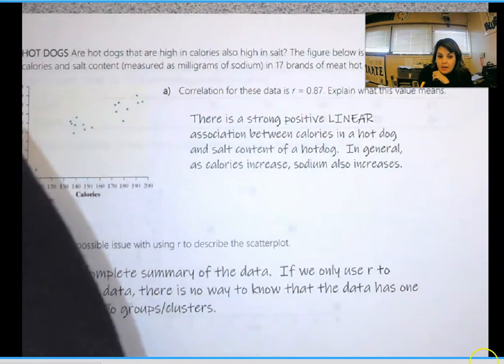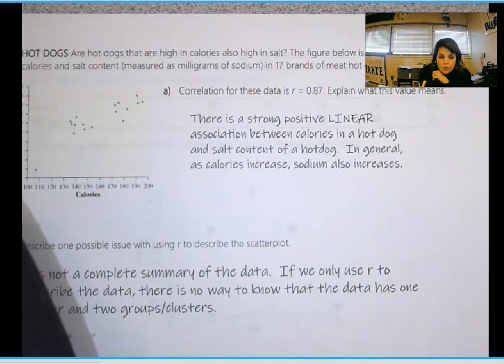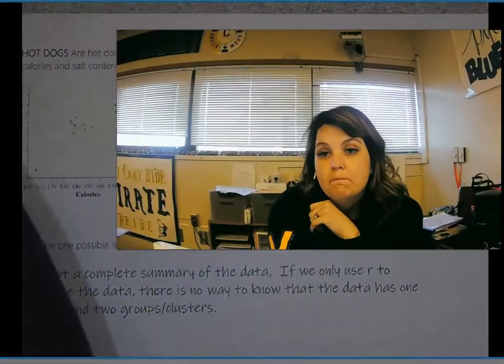So let me say that one more time. When we talk about scatter plots, we have two phrases to memorize that are almost exactly the same, and the only difference is the word linear. So what's the point of that? Why have two things that are so similar? And I wish I would have mentioned this in class.